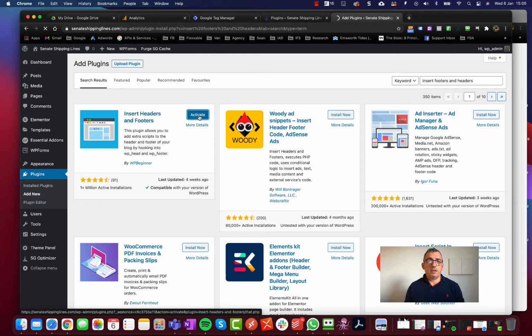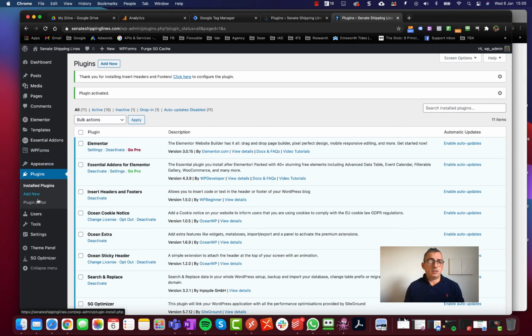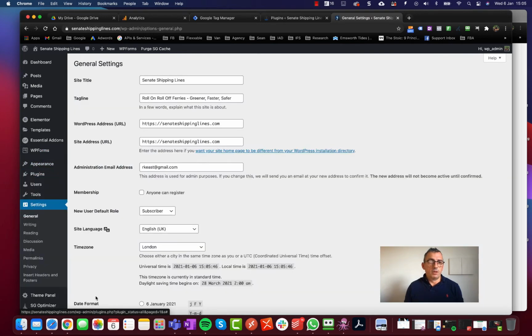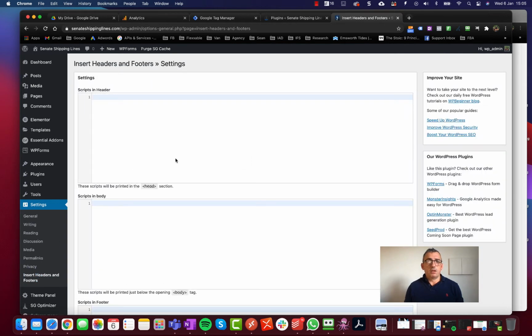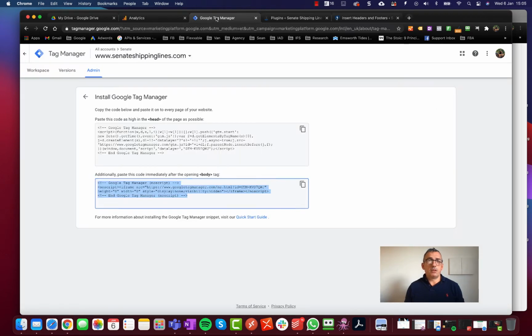I'm going to activate that. Then I'm going to go into Settings, Insert Headers and Footers. And so here's the text that I could put in the header. So I'll just go back to Google Tag Manager.